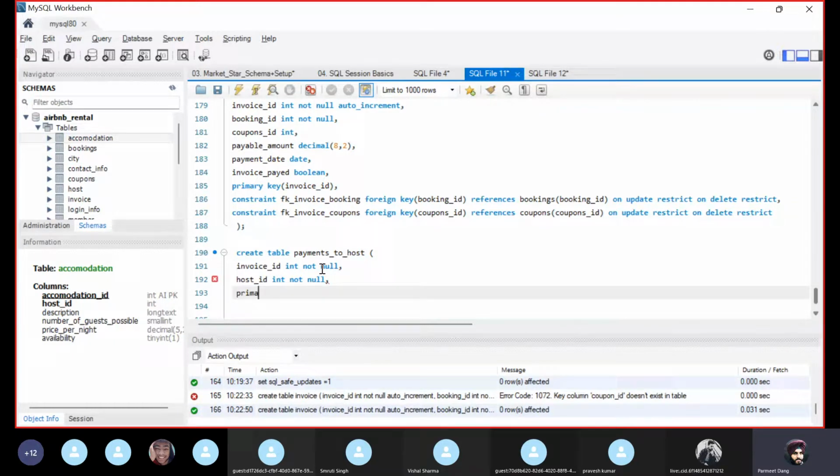Okay, and I am creating a primary key, and in this you would see that I am creating a composite key. If you see the ERD diagram, use the composite key, primary key. I am making invoice id, host id. Okay, I am applying the constraint: payments underscore invoice underscore host,